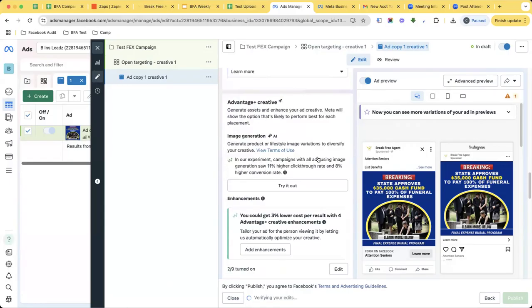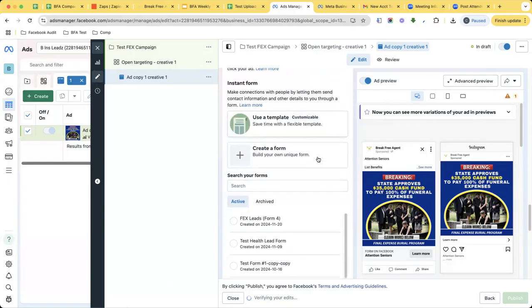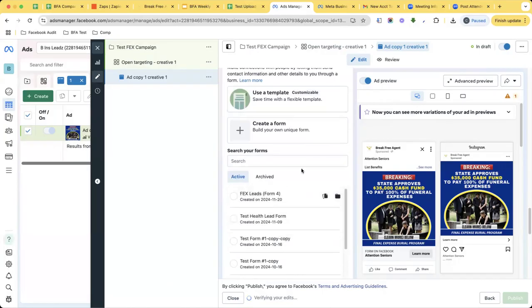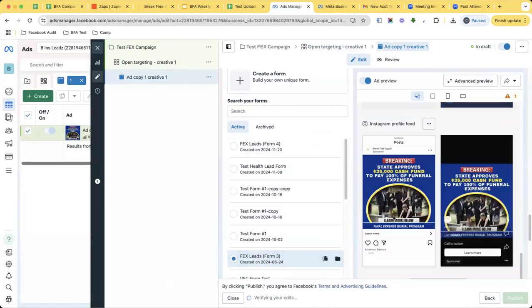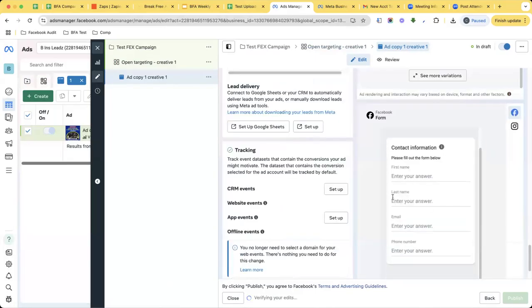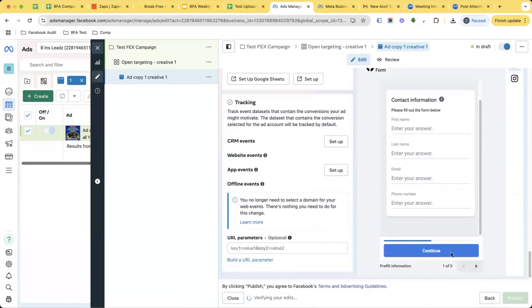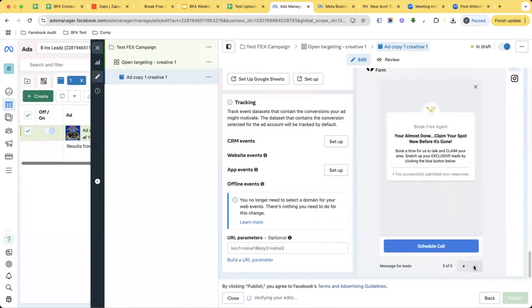Now we need to go to the form. The form is going to be at the very bottom. Since I already have a form in here, I'll show you what it looks like at the bottom. Name, first name, last name, email, phone. Really simple form,